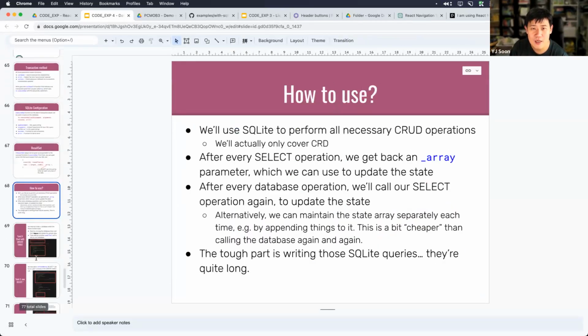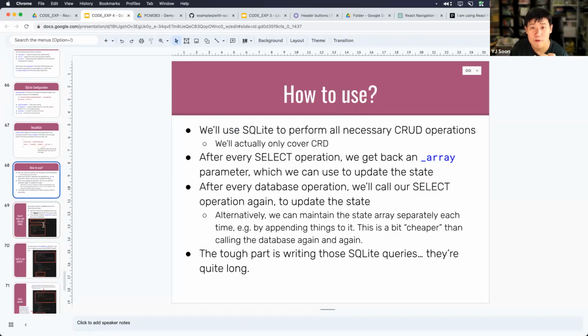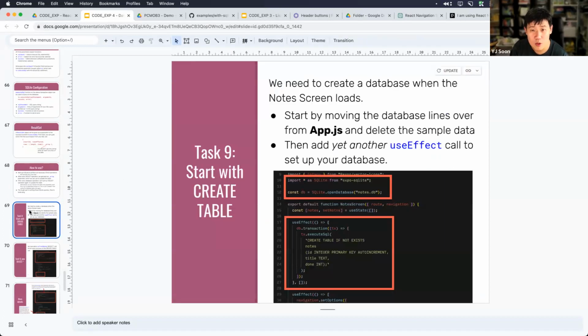Okay, and finally, you're going to use SQLite to perform all the necessary CRUD operations. And this we don't have update lah. We're just doing create, read, delete. Okay, so take a look over here, right? What we do is we do this db.transaction. When you actually create a node screen, you have the create table call. Create table in SQL is to make the table available in the database. Okay, so this is how you make it. You just have ID, title, and done. Actually, we don't have a done field. We just have ID and title.